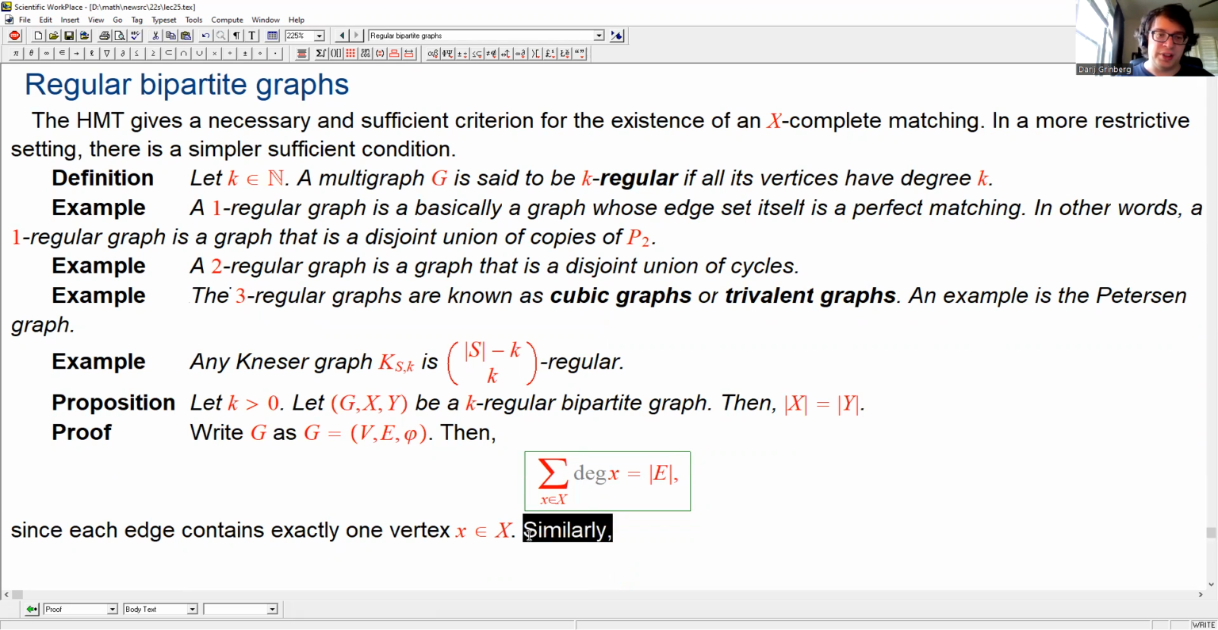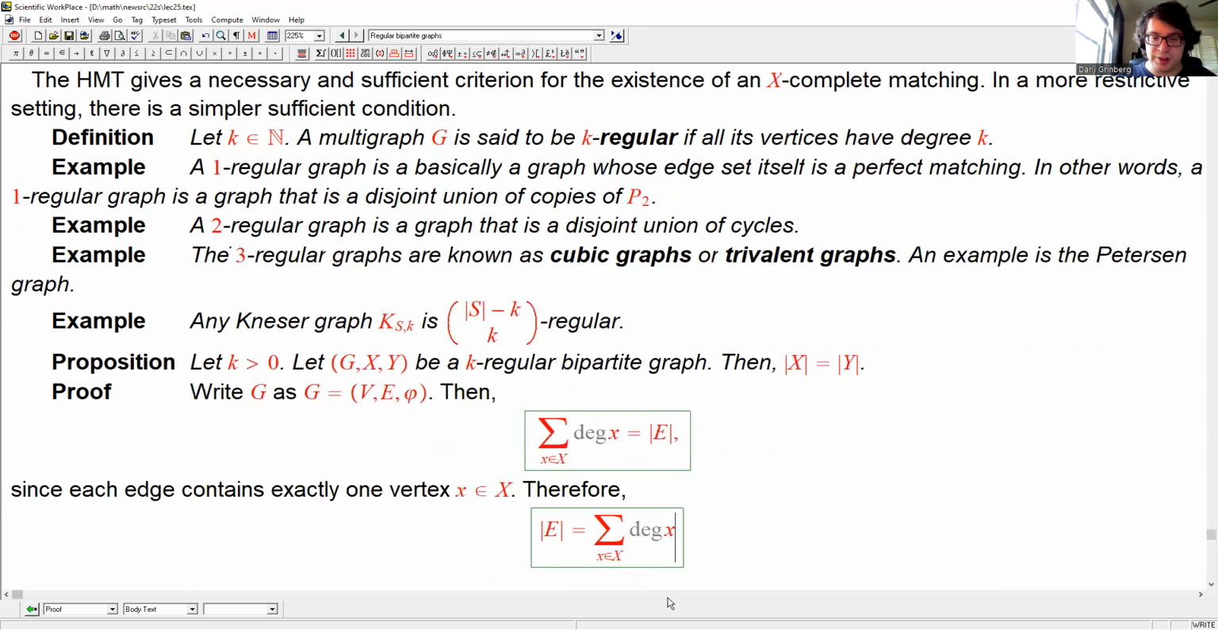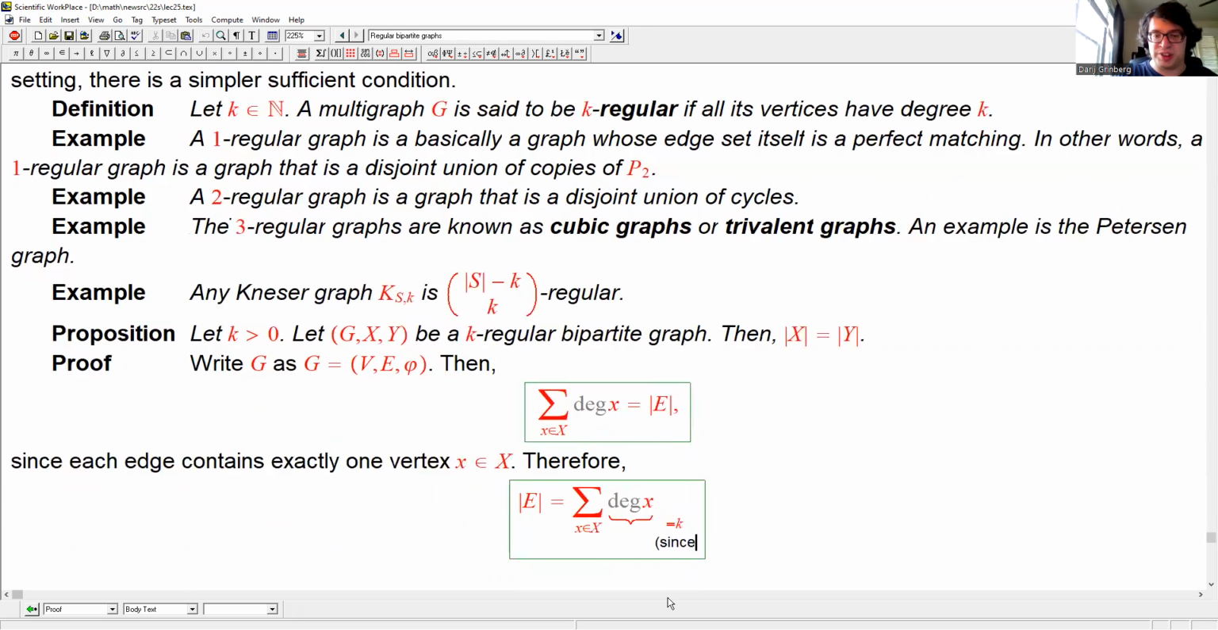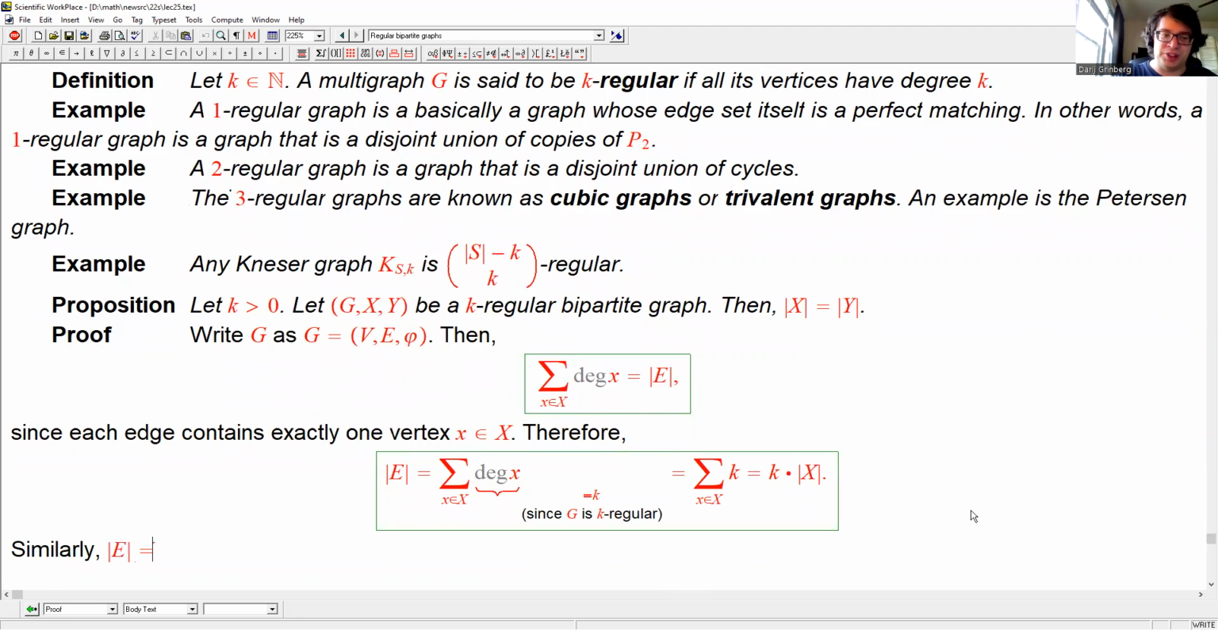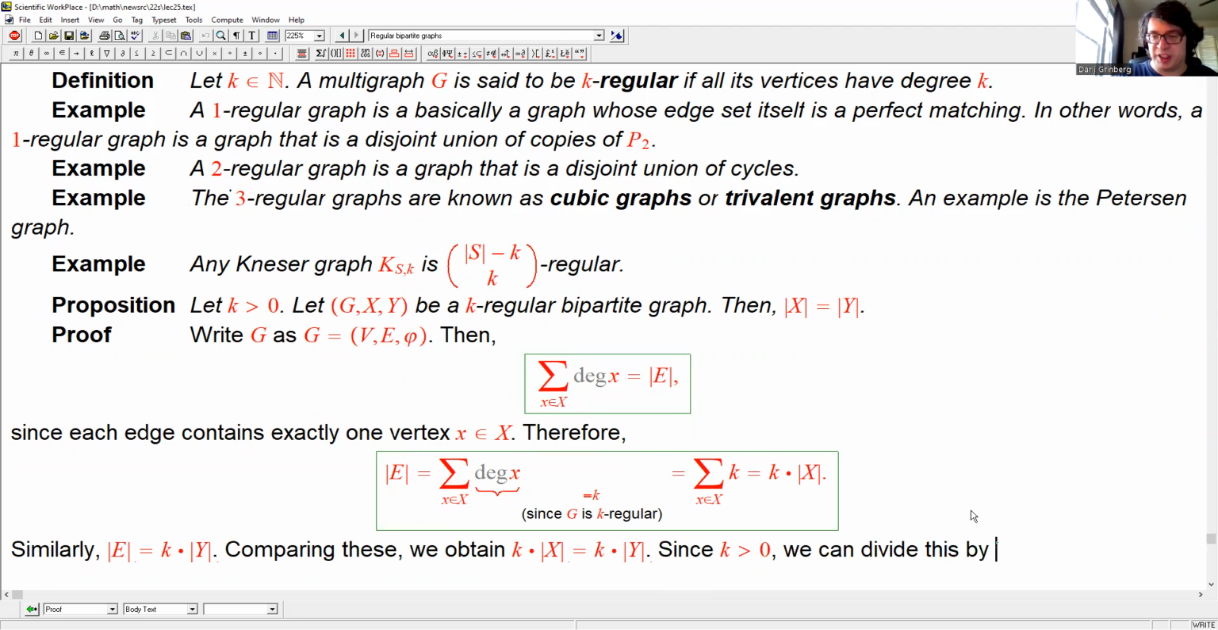So therefore, the number of edges is the sum of those degrees, but each degree is k because G is k-regular. So you're summing a bunch of k's, and this is of course k times the number of left vertices. But the same argument shows that it's also k times the number of right vertices. So comparing this, we obtain that these two numbers are equal. And since k is positive, we can divide by k and conclude